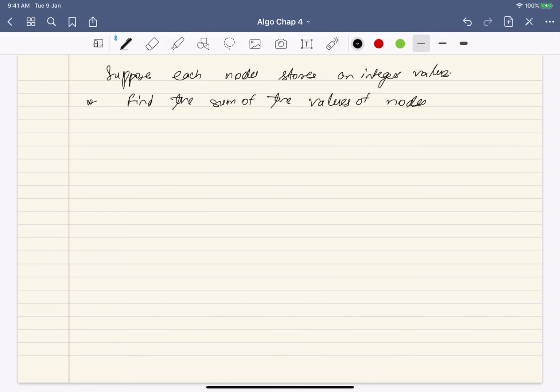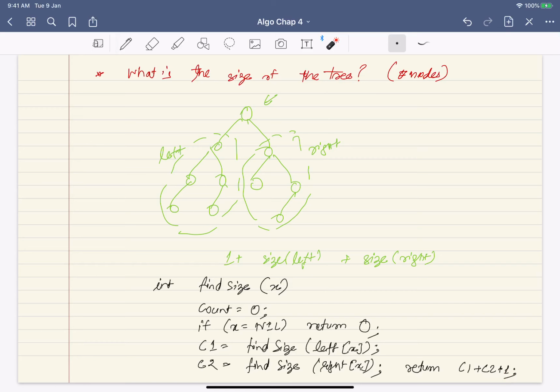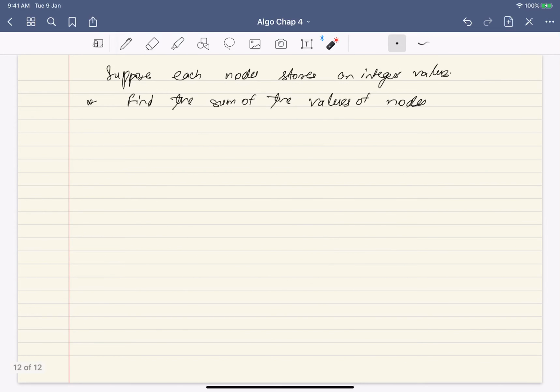You again say find sum. Count is 0 in the beginning. If it is null, return 0. Find sum of left of x, find sum of right of x. Sum of these values plus you add the value. So return C1 plus C2 plus, instead of 1, the key of x. And that should work.